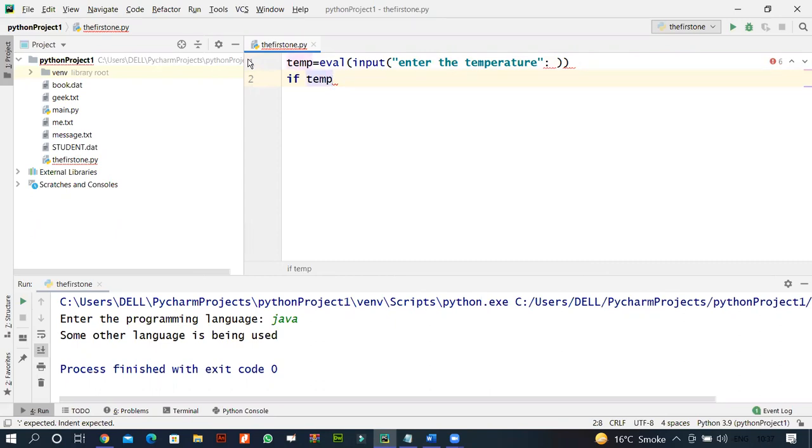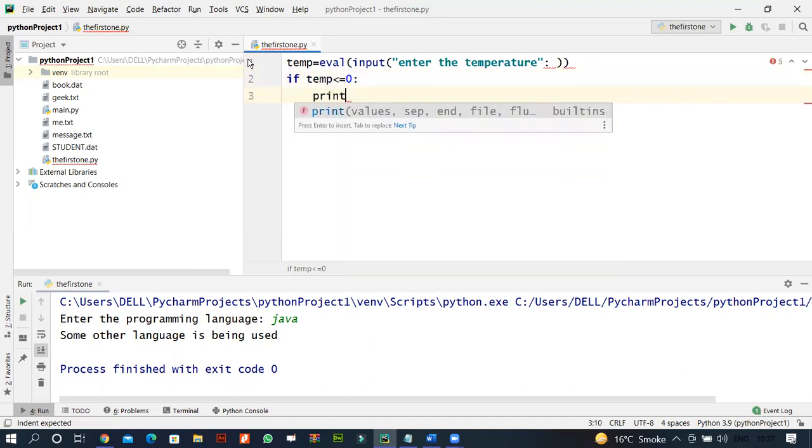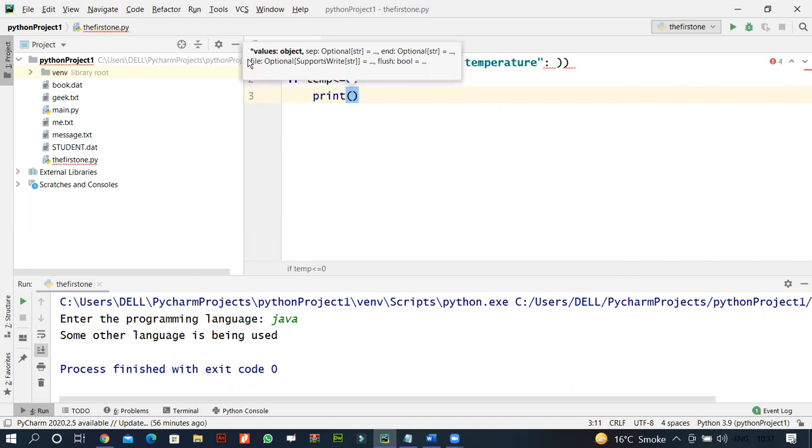Make sure the variable names that you use are the same. If I've used temperature in small letters above, it can't be in capital. If the temperature is less than or equal to 0, in that particular case, I'll put this colon. I just want you to practice input and if statements today. So we can print